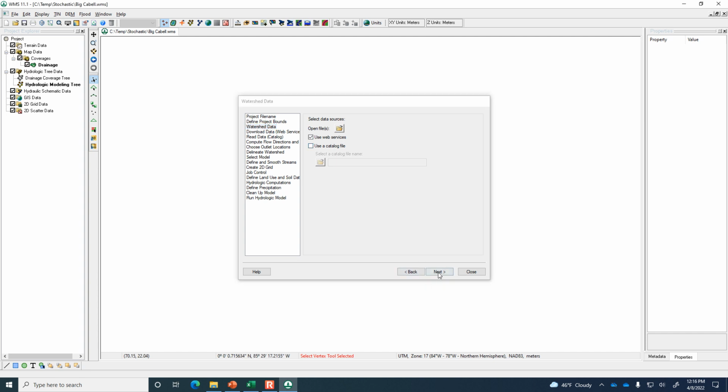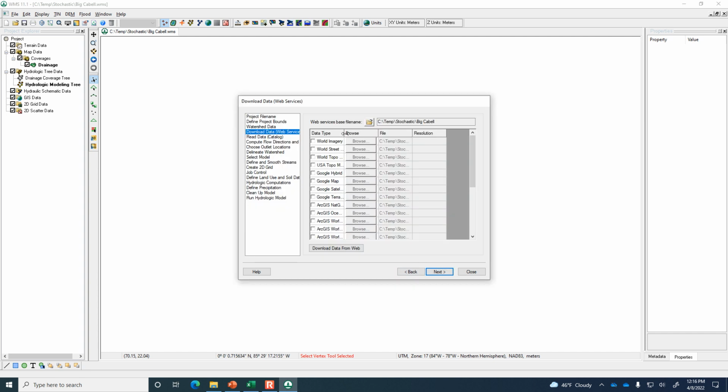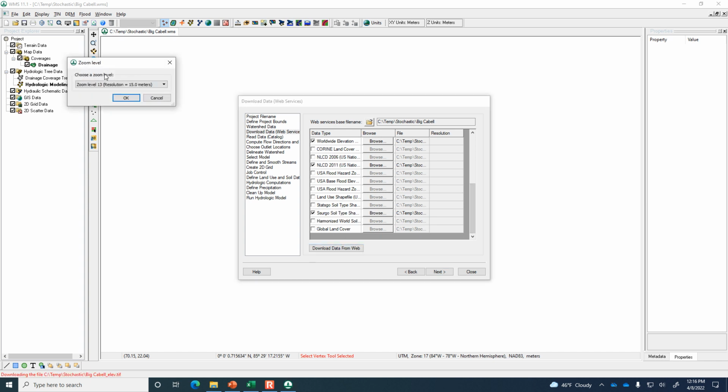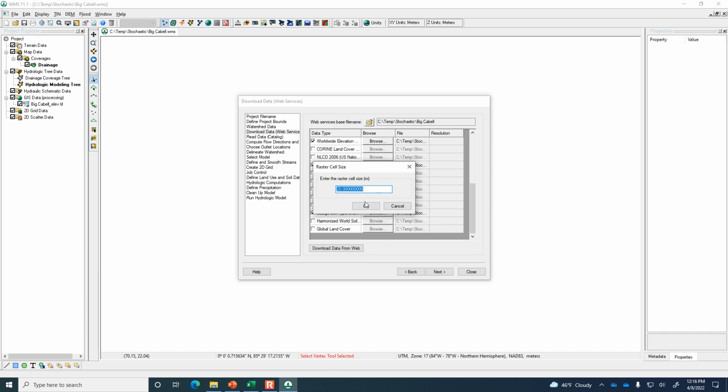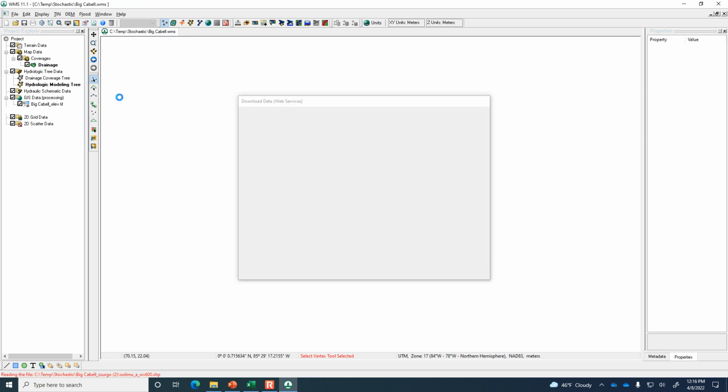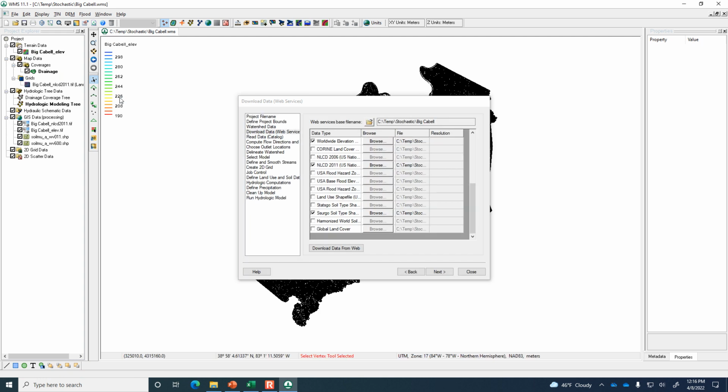We're going to use the web services, and like usual, I need the elevation data to delineate the watershed boundaries, national land cover to get the land use, and SSURGO for our soil type. So we tell it to begin downloading. 15-meter resolution for the DEM will be plenty of resolution. 20-meter standard resolution for the land use, and then it gets the soil type as shape files, which is kind of infinitely precise, except for the fact that soil type